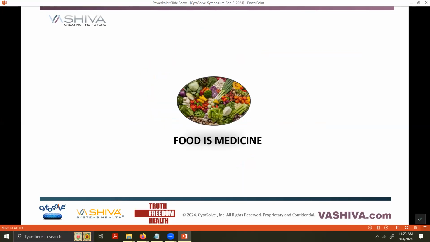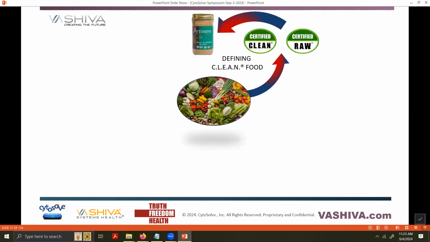Next. One of the cores is to recognize food as medicine. Next. And as a part of that, we are the organization globally that has created the Clean Food and Raw Food Seal. And that seal you'll find on major products, which define the sourcing of that food, how it came, etc. Prabhakar, can you continue the other aspects here?